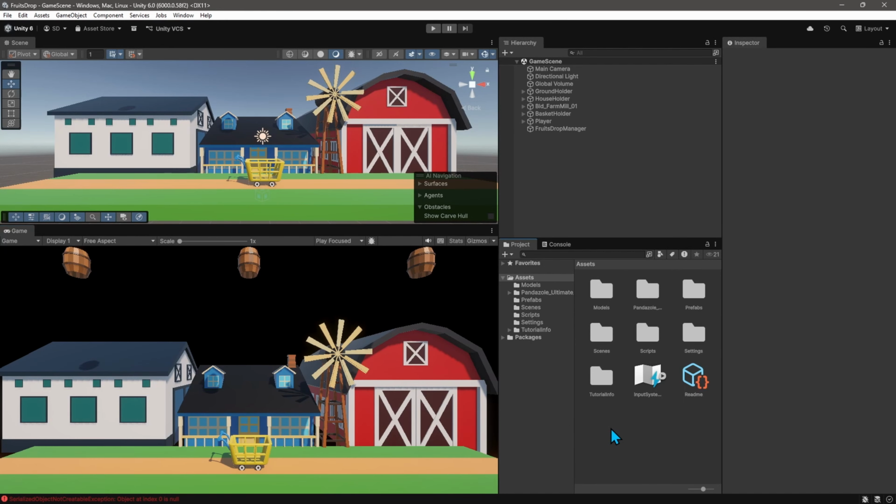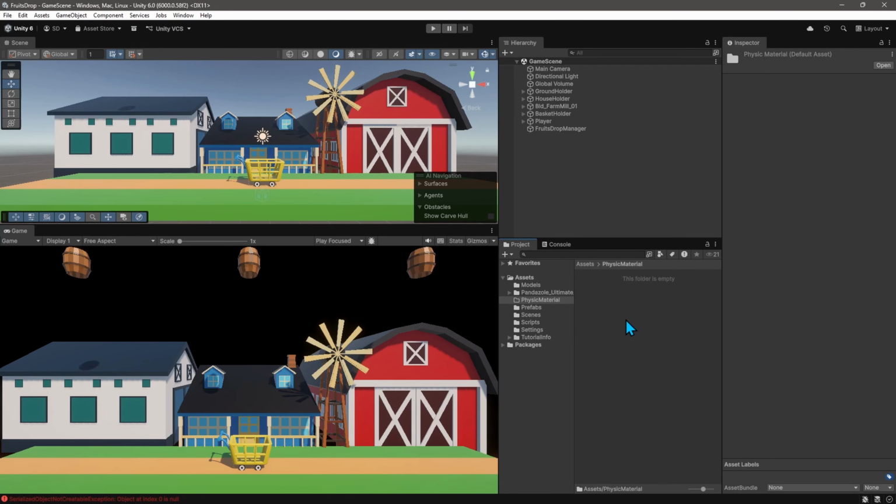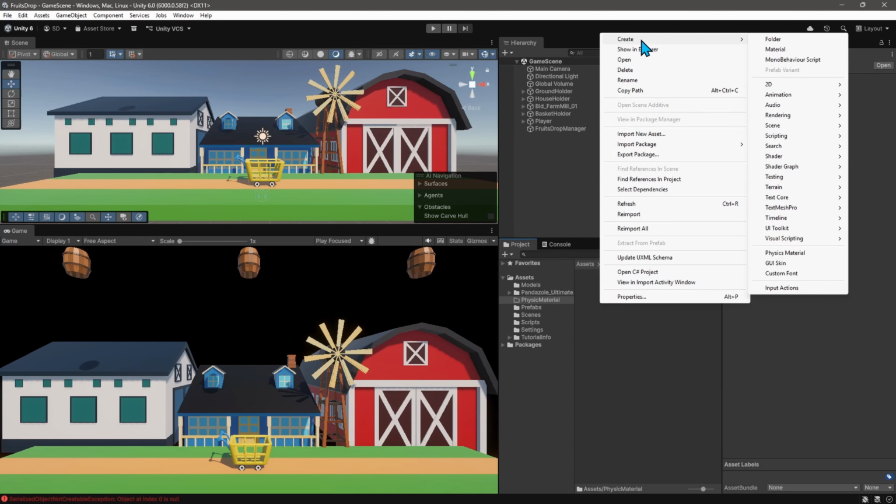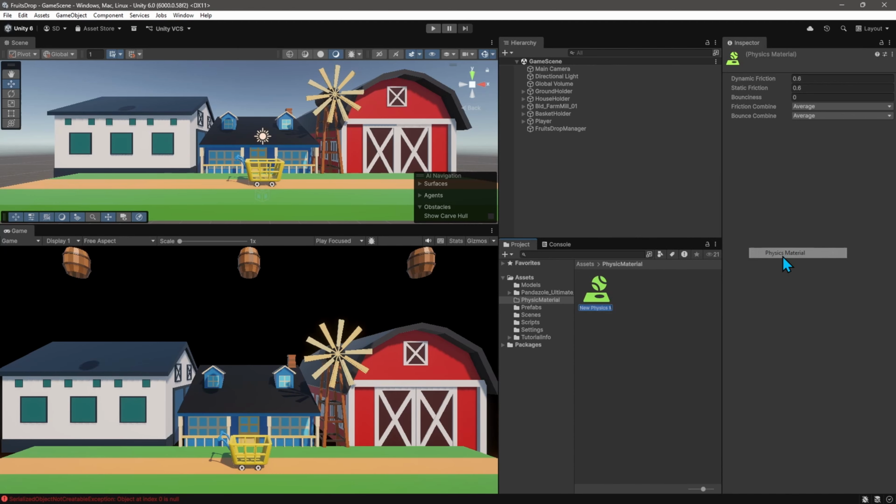To do so, first let's create one folder, named physics material, and all the bounciness effect and the friction work can be done through one physics material. So we have created just a folder for structuring the physics material. To create the physics material, you just need to right click on the asset folder, hover on create and go to physics material. So let's rename this as